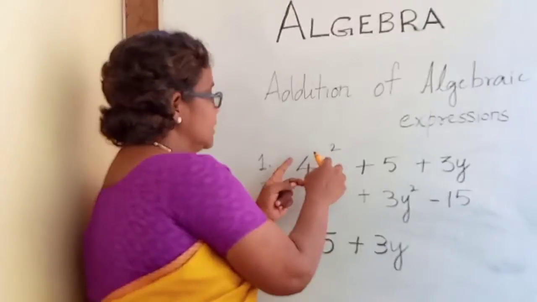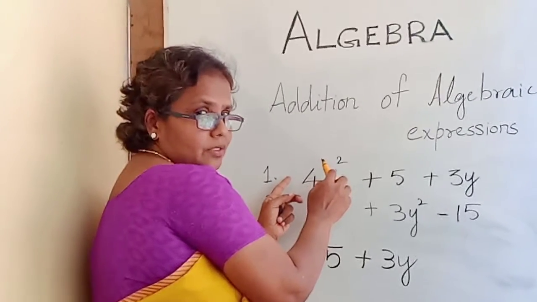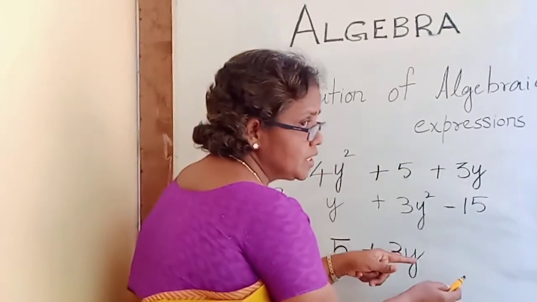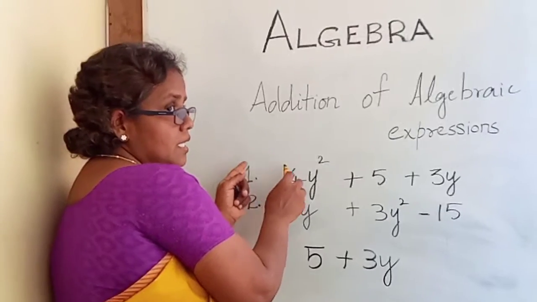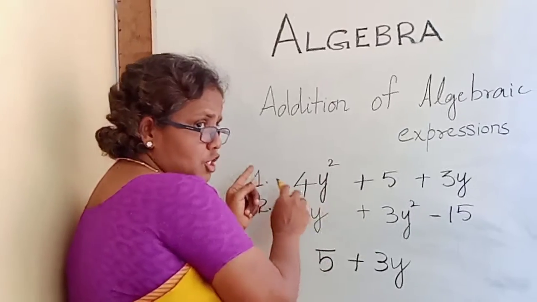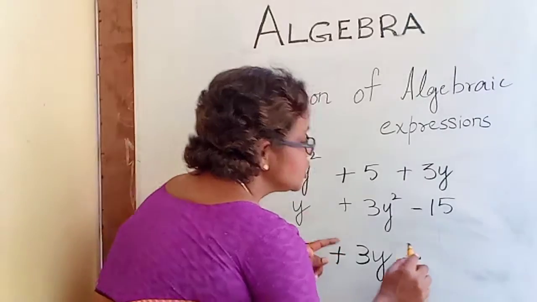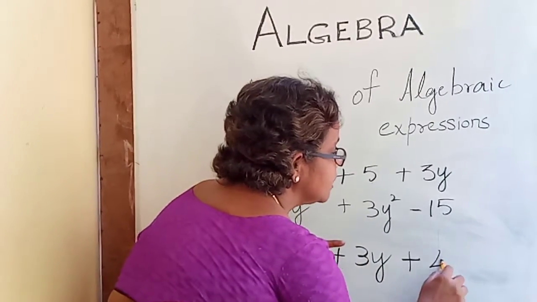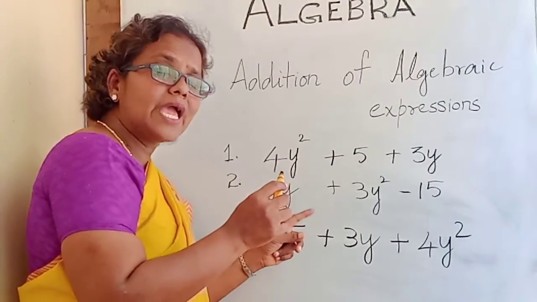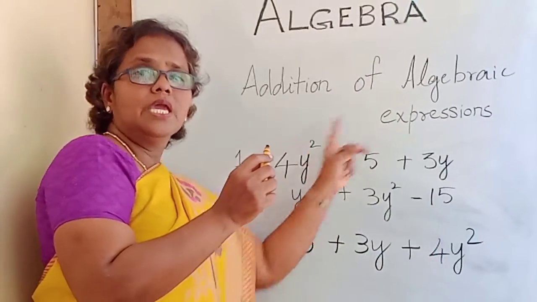And finally, you write this term. The term is nothing but 4y squared, which has got the next highest power. So, bring it down along with its sign. See, here the plus sign is missing. But still then, this is a positive term. And therefore, while you are writing it down here, you have to put the positive sign in front of it and then write 4y squared. What methodology I have adopted? I have adopted the ascending order of arranging the terms in the equation.